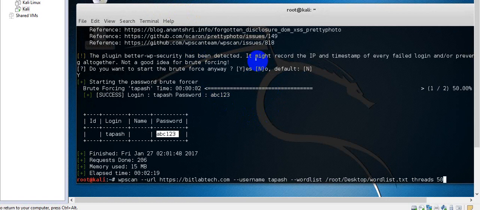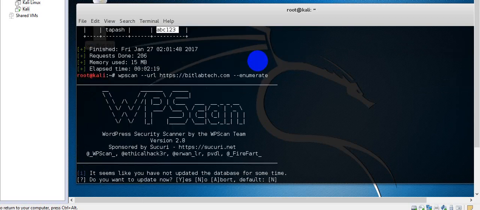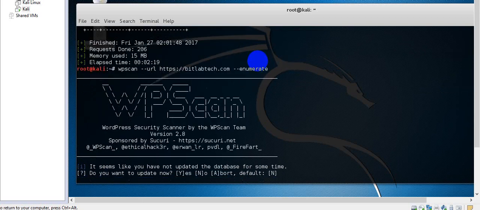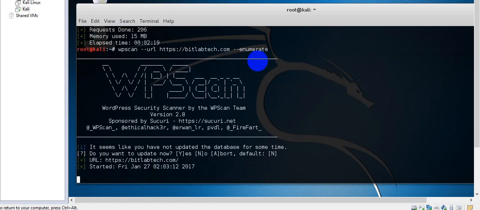At the end, I want to say that if you want to find all the vulnerabilities at a time, then you do not need to pass any argument. Just type wpscan --url, then the URL of the website, and then --enumerate. It will do everything. It finds the vulnerable plugins, the vulnerable themes, and many things by default. Okay, so